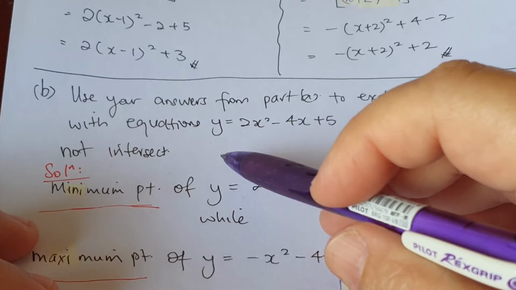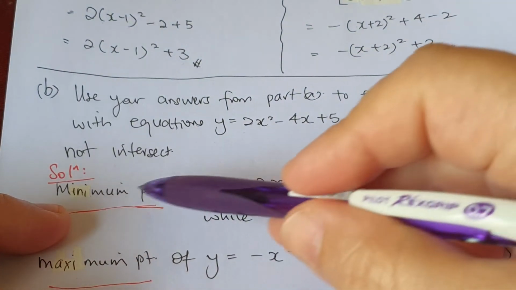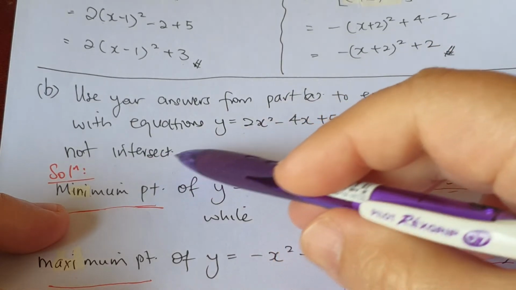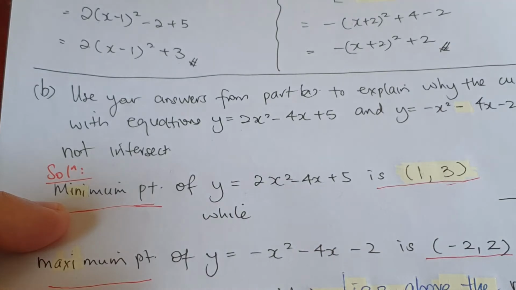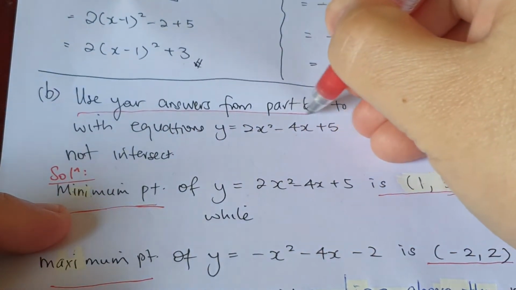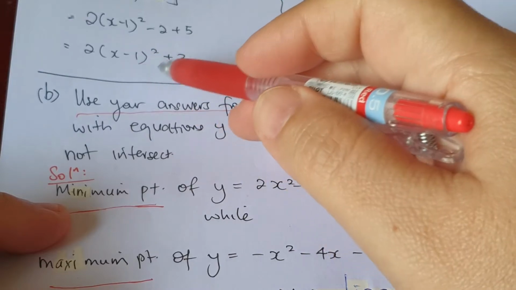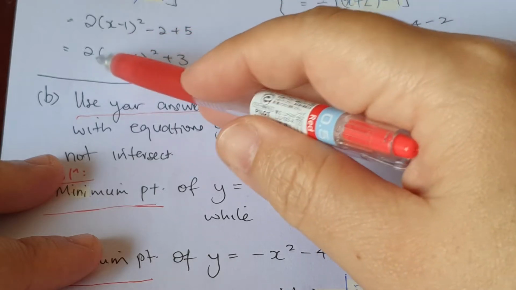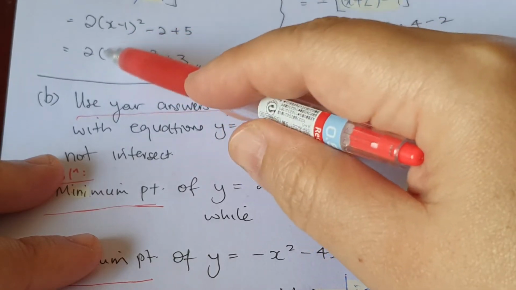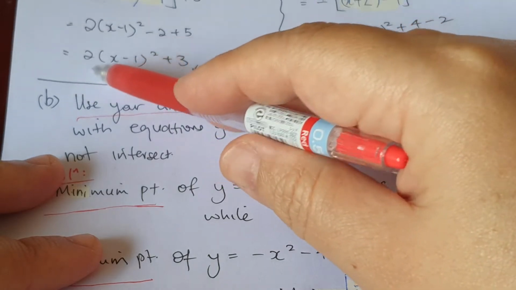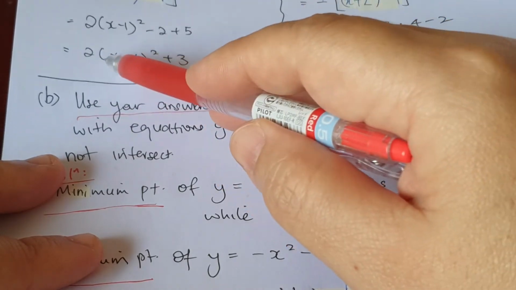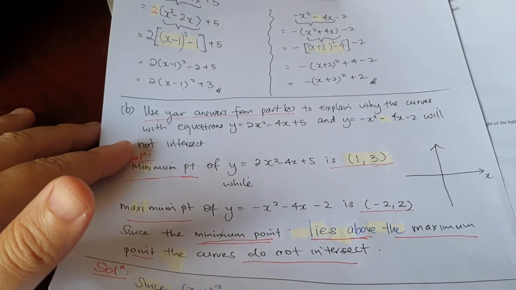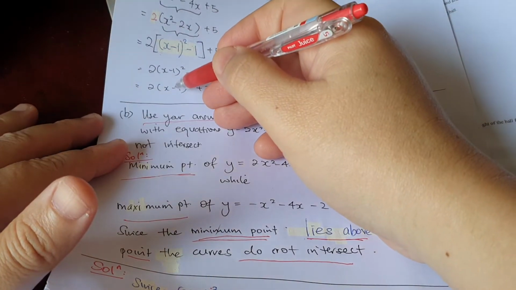Okay, so this is what I want to say. Right now, how do you explain why this curve and this curve will not intersect using your answers from part 1? That means you need to use this complete square. No matter what, you need to use this complete square. So we learned in class that completed square, there are two things that we can so-called make use of when we look at this, right? Number one is, oh, this one is a happy face, and the happy face is